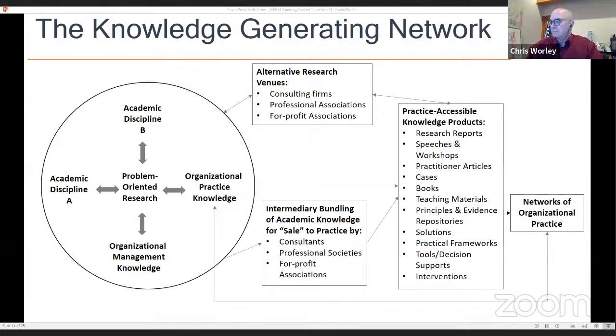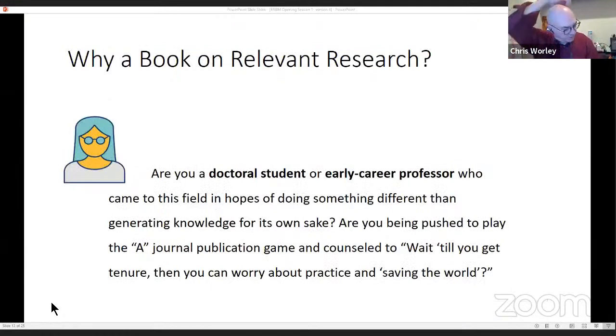Thanks, Sue. All right. Now, we're going to ask you some questions here in just a minute, but before we get there, we wanted to start by relating to where you are in this world, and why this book might be of interest to you. You could be a doctoral student. In fact, as we began to do this book, one of the things that we heard a lot from our informal conversations, I don't want to portray it as anything but an informal process, but it was a consistent one.